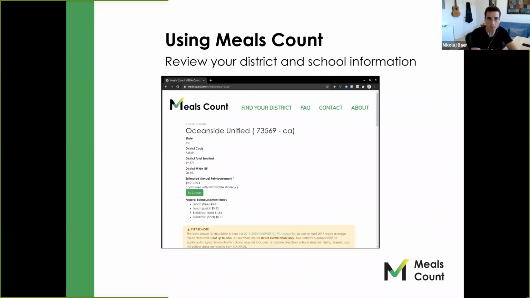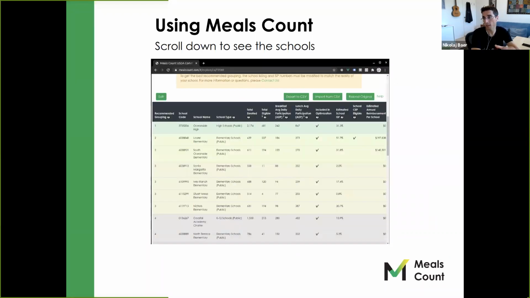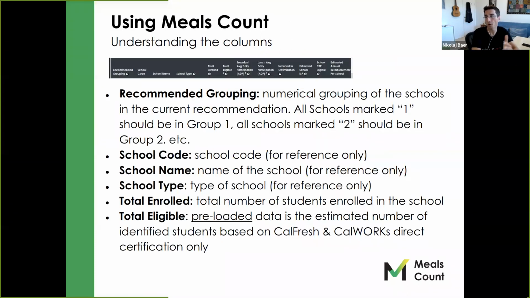And then once that's done, you'll get your full information here at the top, and you'll get your full school information, district information here in a summary. It's going to have different fields. So you can scroll down once that's been calculated, and you can see the different schools, and you'll see that they're color coded, but the different fields are going to show your different groupings that it's recommending. So just kind of going through that detailed view once you have the schools there.